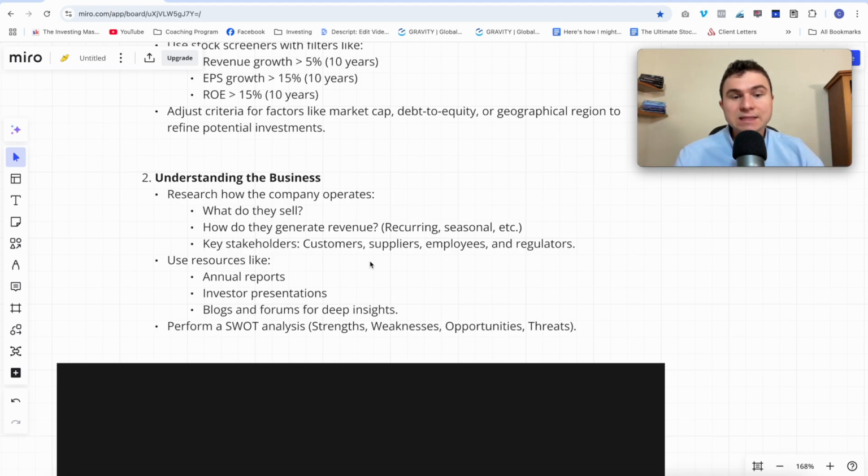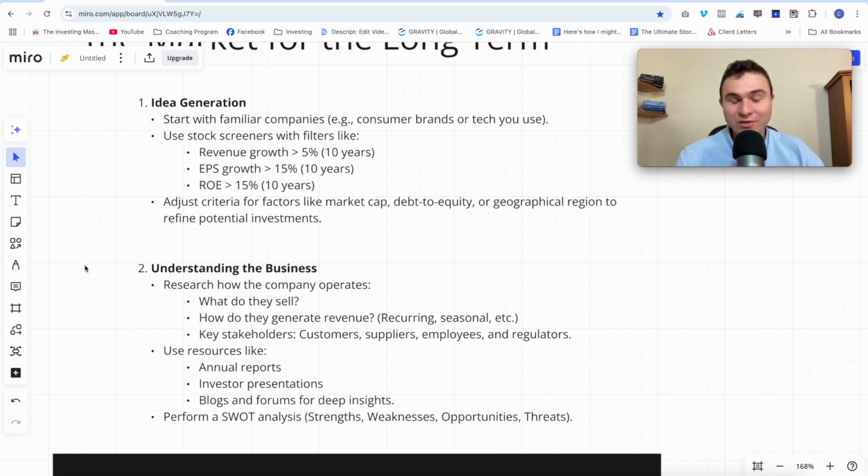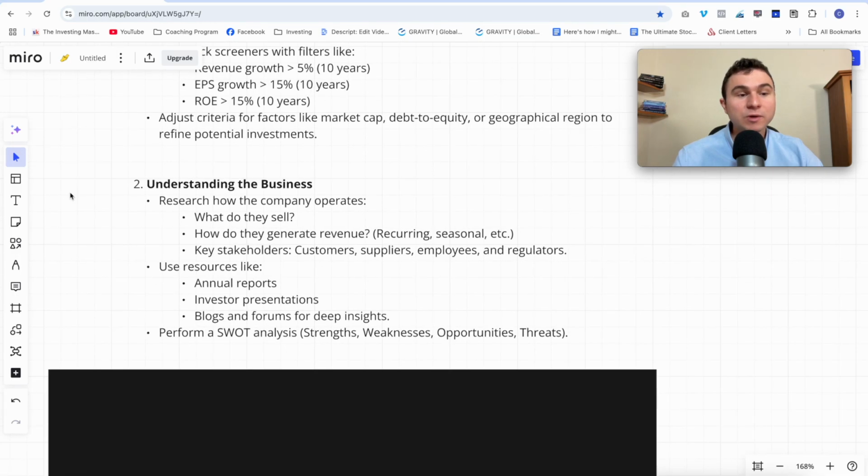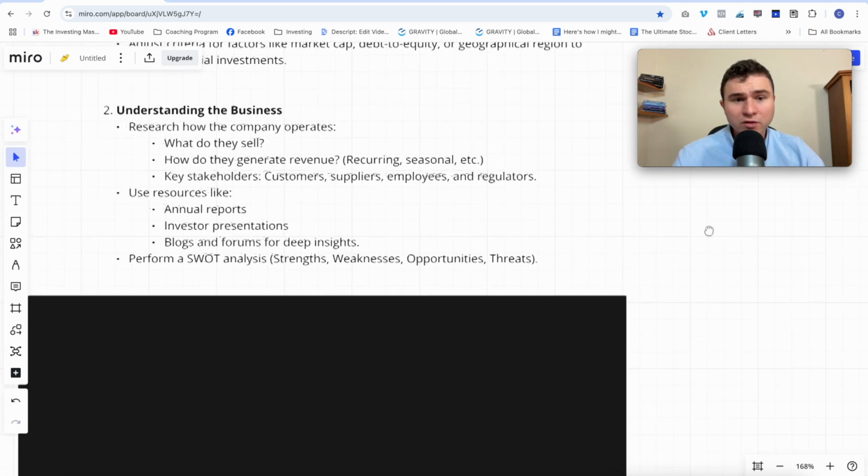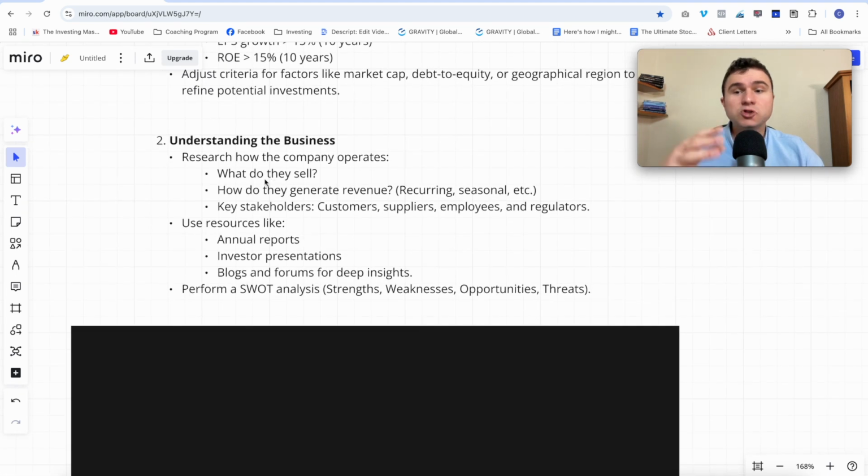Who are the key stakeholders? Take a look. Who are the customers? Is it you? Not you? That's now you start to get the importance of starting with the companies you're familiar with. Take a look at Spotify. Who are the main customers? That's me. That's you. That's everybody who likes the music and doesn't know anything about Apple Music or something. We have Spotify. It works. This is purely recurring. I pay on a monthly basis. That's it. And what do they sell? Subscription, access to music. So that's why I said at the beginning, start with the companies you know.